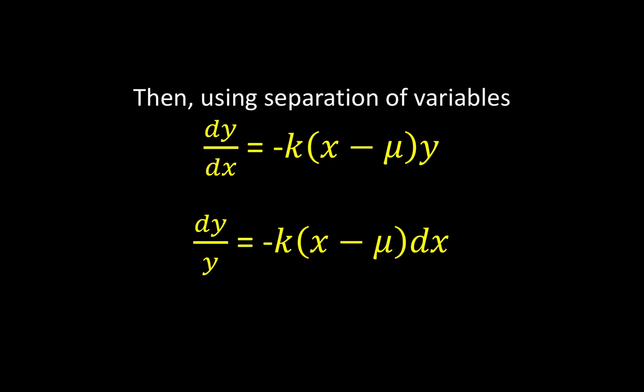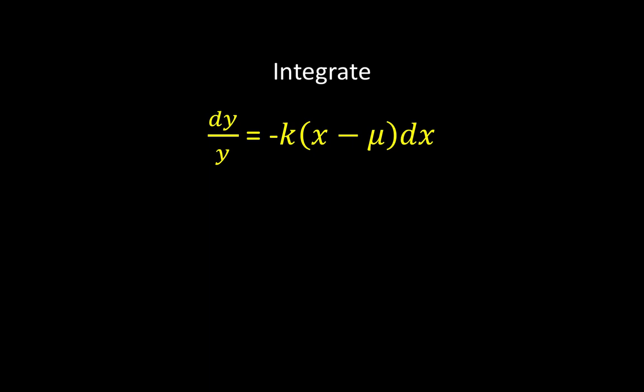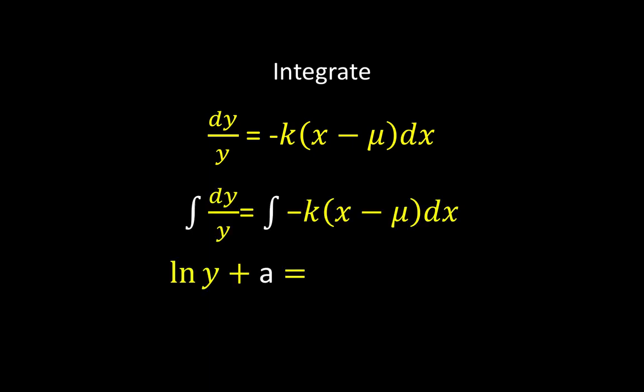We multiply both sides by dx and divide both sides by y to arrive at dy over y equals negative k times the quantity x minus mu times dx. Here, mu is the population mean, and x is specific x scores. And then to simplify this equation, let us integrate. So integrating both sides, we now arrive at the indefinite integral of dy over y,